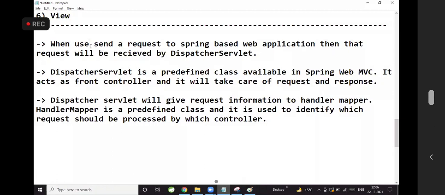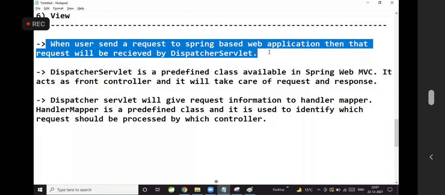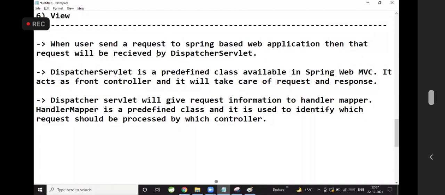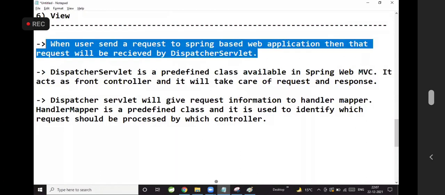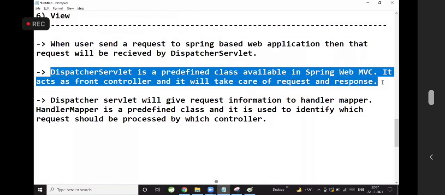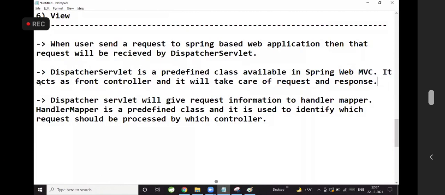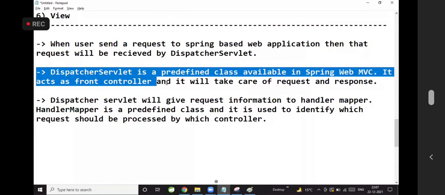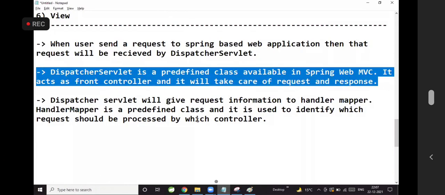When user send a request to Spring based web application, then that request will be received by dispatcher servlet. Dispatcher servlet is a predefined class available in Spring Web MVC. It acts as a front controller and it will take care of request and response.